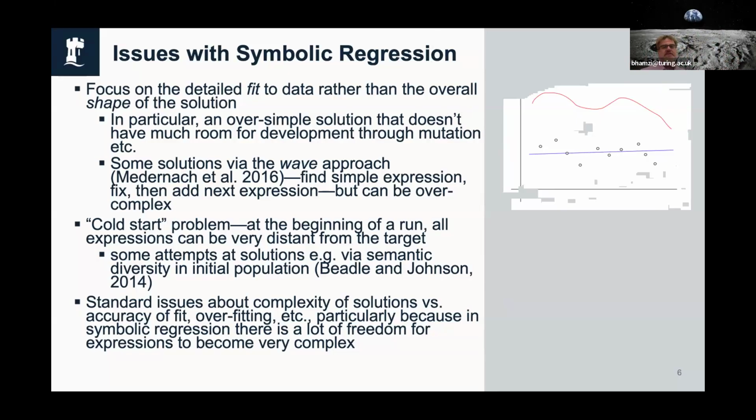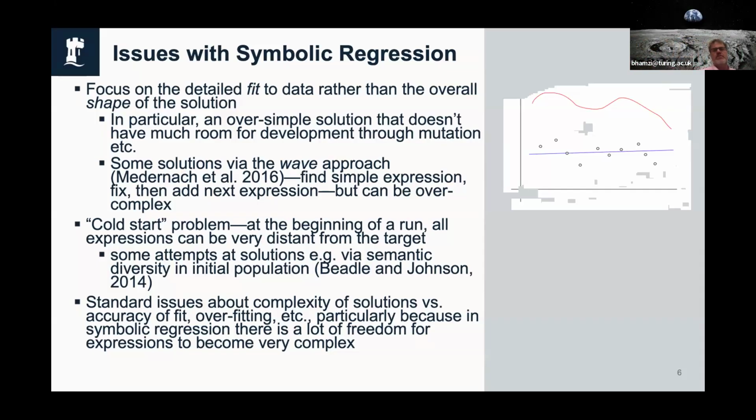There's a couple of papers on this from a few years ago, which found simple expressions and fixed them and then tried to evolve another expression to add on to that or to be combined with that in some way. But the resultant expressions can be very complex. There's also a kind of cold start problem at the beginning of the run. All the expressions in that initial population can be very distant from the target.